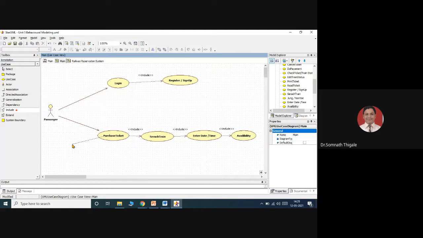And after completion of the ticket, I can say that they should be able to arrange the purchase process. So check the availability. After that we'll be able to purchase the ticket.